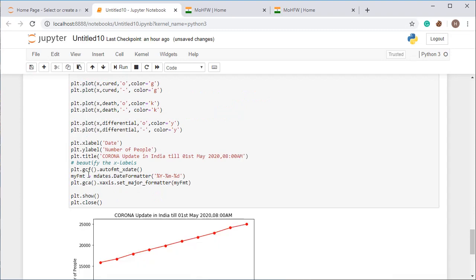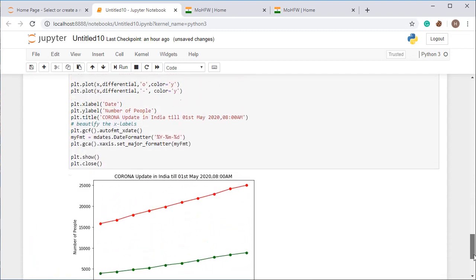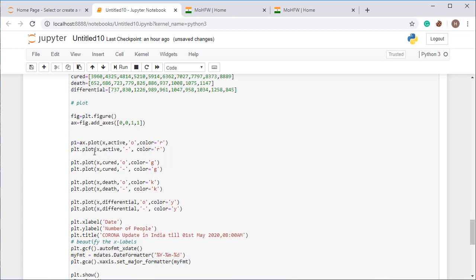When you run this cell, you are going to get the same result. There will not be any issues. So just add like this: L1 is equal to, at the place of plt just use ax, so that all these things will go into the ax.